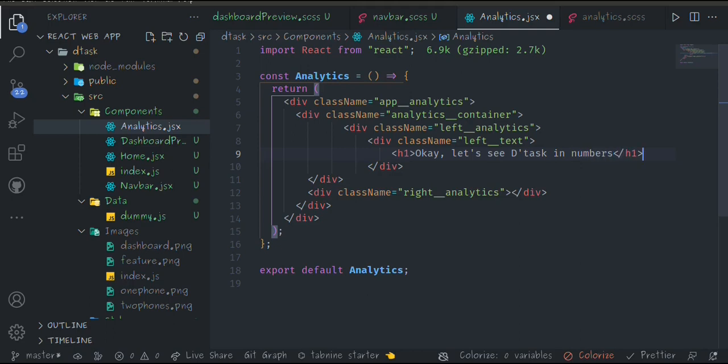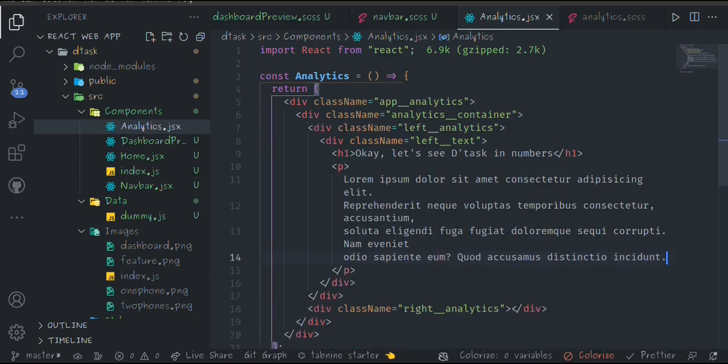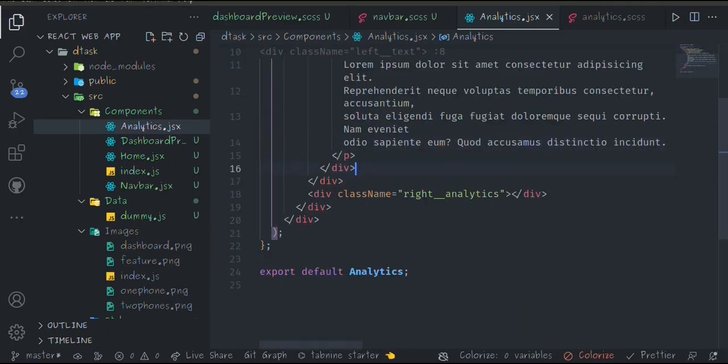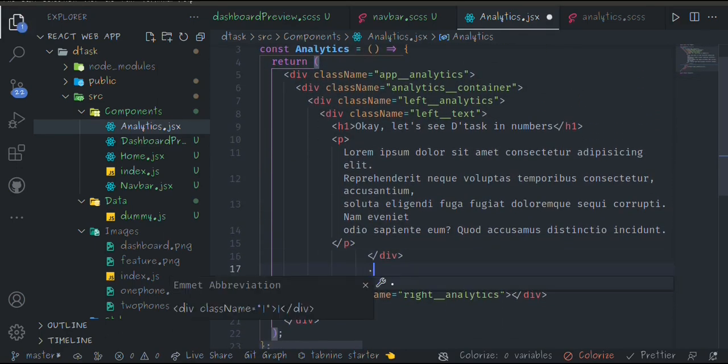And just beneath it, we are going to have a paragraph that is going to just take some lorem text. Just beneath this left analytics text here, we are going to have also a left analytics